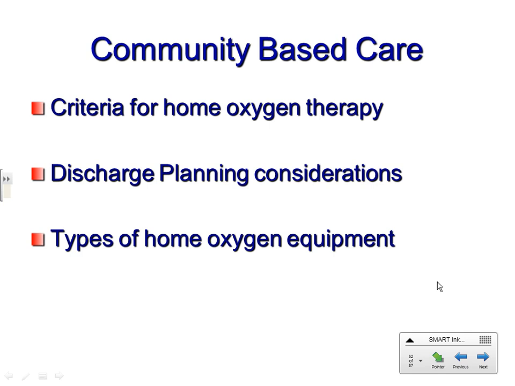And the criteria is usually a pulse ox less than 88% on room air, which is why you will often see the respiratory therapist, or the nurse, or even the PCA, walking that patient around the hallway with no oxygen and a pulse ox on their finger, because you want to get them down to 88% on room air so that Medicare will pay for their